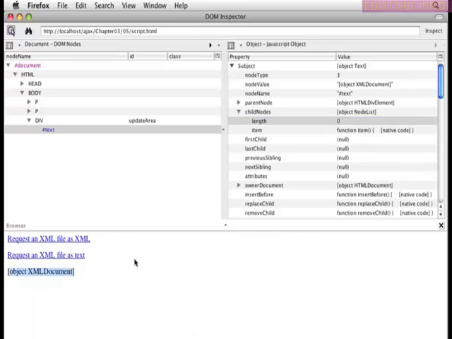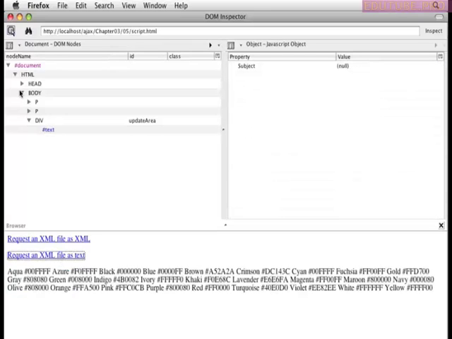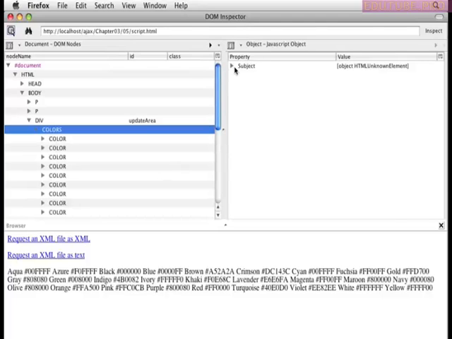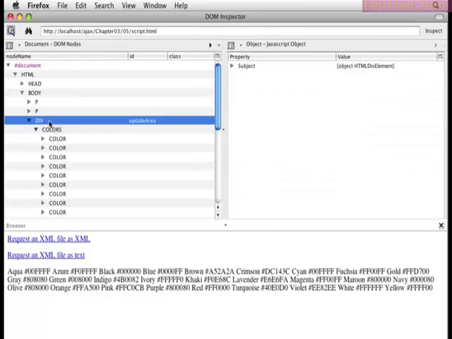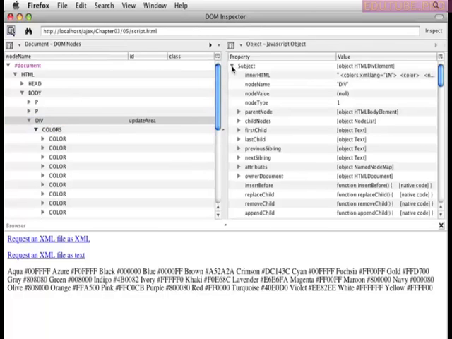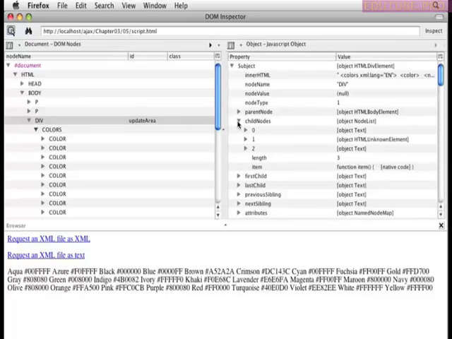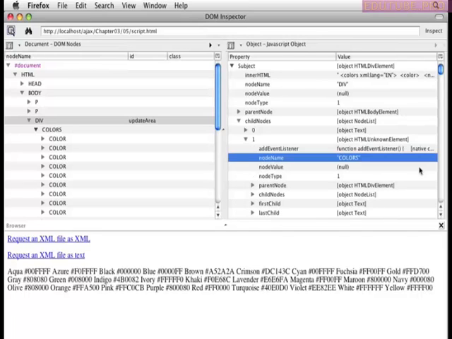However, if we request an XML file as text, if we're looking at the text content versus the XML content, it's quite different. We go back up here, and we take a look at the div, and instead of text, there's now something called colors. We open it, and there's a whole lot of colors there. Now if we take a look at this div as the JavaScript object, you'll see its child nodes has 3. Some text, an HTML unknown element, and more text. If we open up the unknown one, we see that it's called colors,